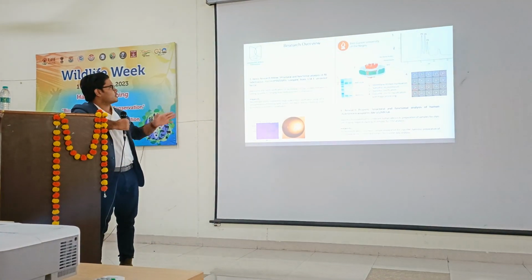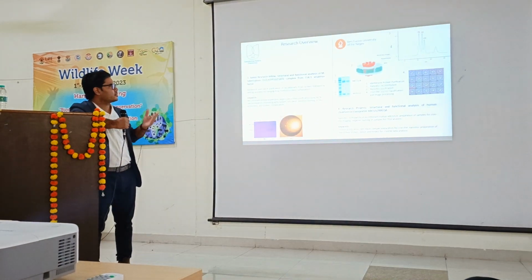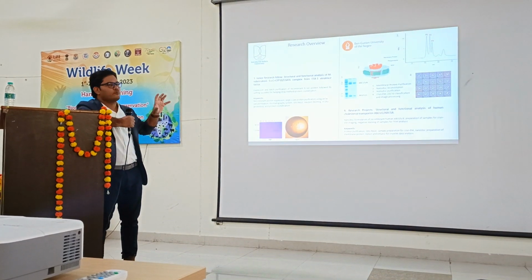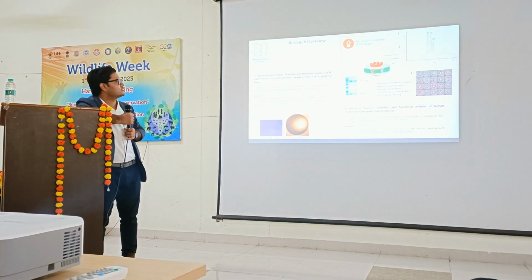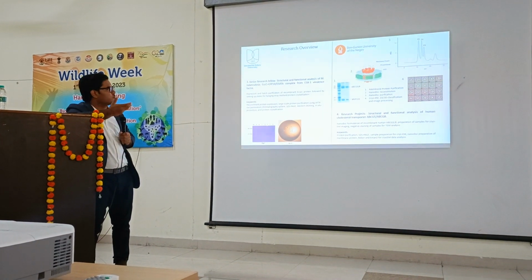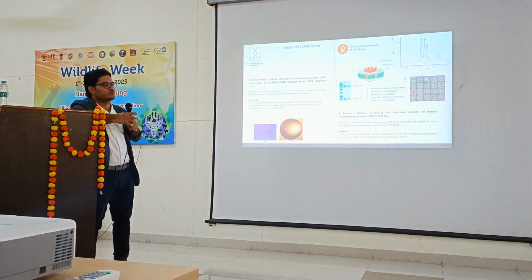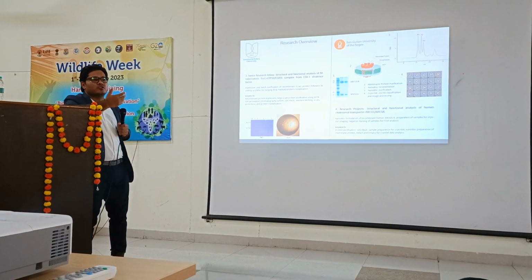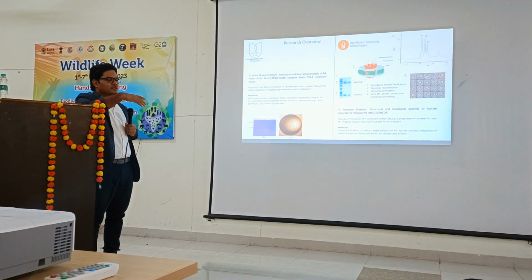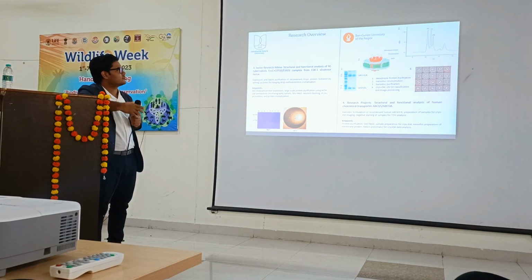So there the sequence of the protocol is that you do membrane protein purification. Here in this case, it is ABCG5/G8, a cholesterol transporter, and then you make the nanodisc. The second is the structure of the nanodisc. It mimics the membrane for small transmembrane proteins, and there you put these phospholipids. Phospholipids go and surround the membrane protein, and they mask the hydrophobic patches of the membrane protein. And MSP1E1 is another protein that circumvents this whole lipid structure and makes a small nanolipid structure,